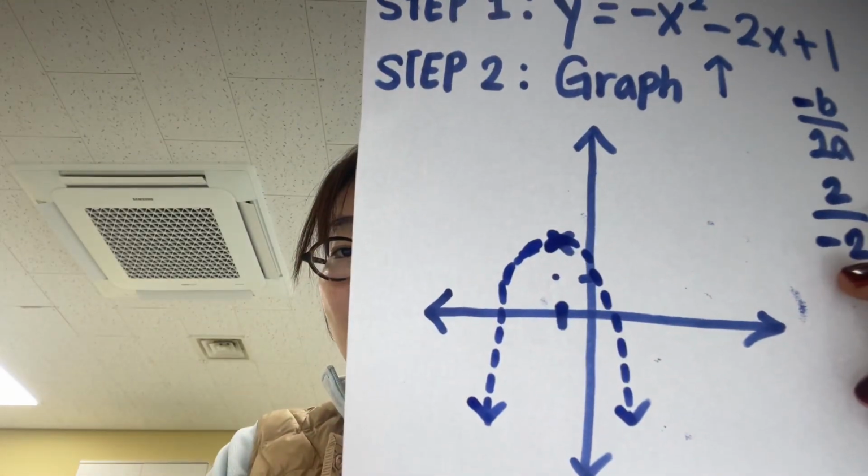So this is what I have. I used a dashed line. And then step 3, we go ahead, pick a value either inside